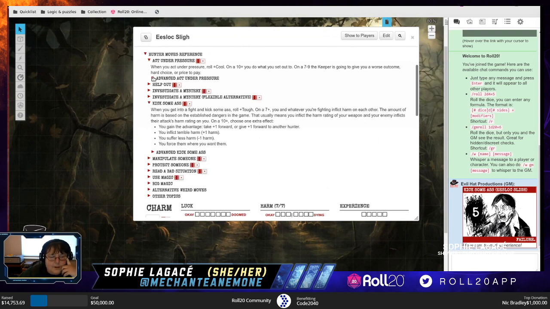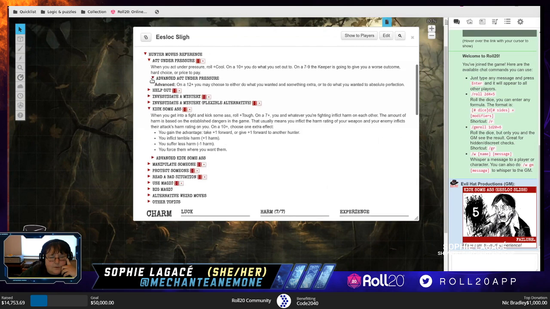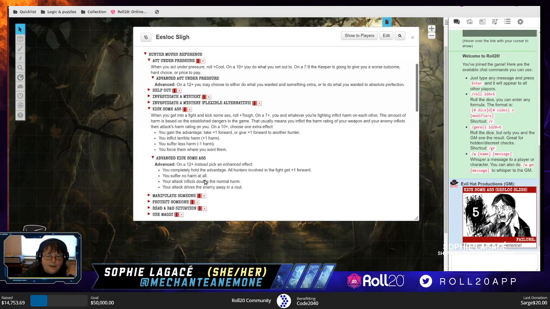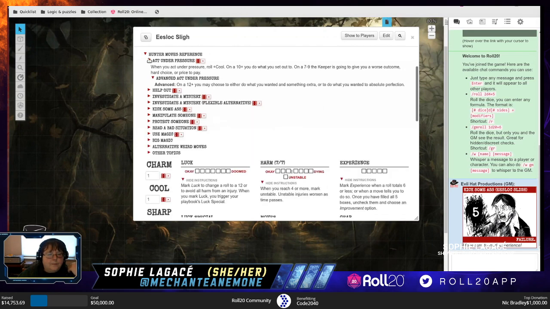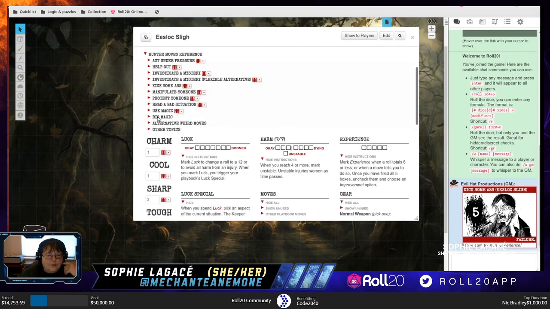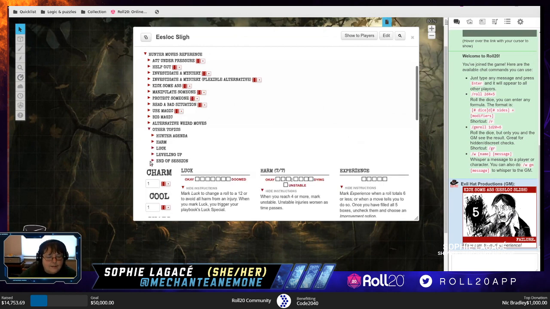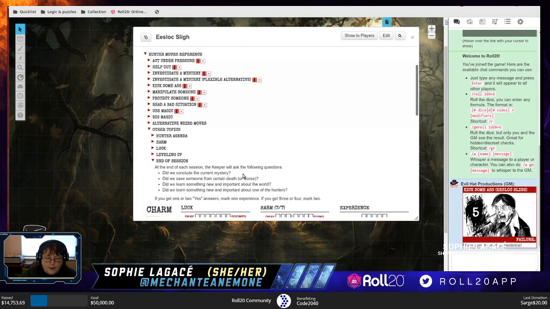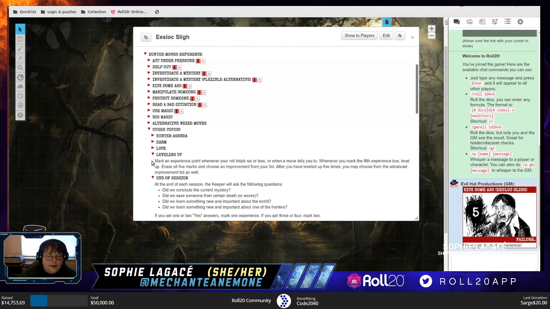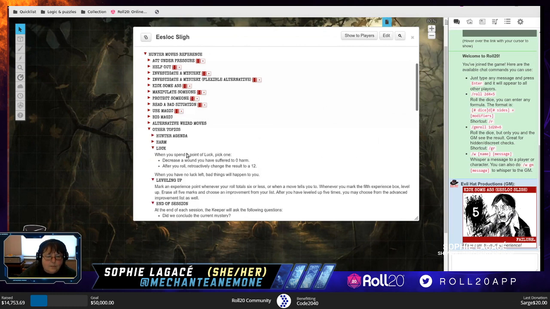So you also have the advanced version of the move. So if you take it with advancements, you can get additional bonuses on a 12 plus. So maybe if I had rolled well, I would want to know what else I can get for that wonderful roll. So the move reference is super helpful, and it includes moves such as the end of session move, when we figure out how much experience we get for this session, how to level up, a little more detail on luck,